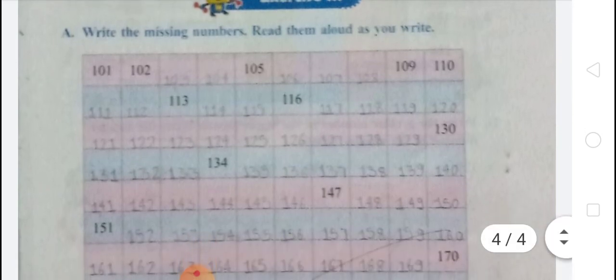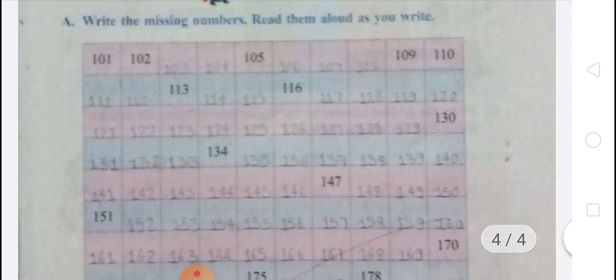Write the missing numbers, read them aloud as you write. 101, 102, 103, 104, 105, 106, 107, 108, 109, 110, 111, 112, 113, 114, 115, 116, 117, 118, 119, 120,